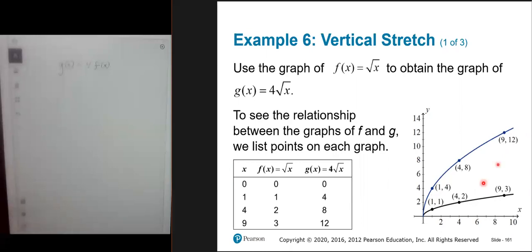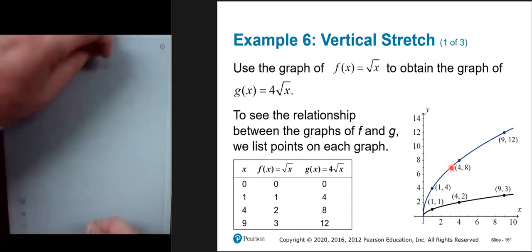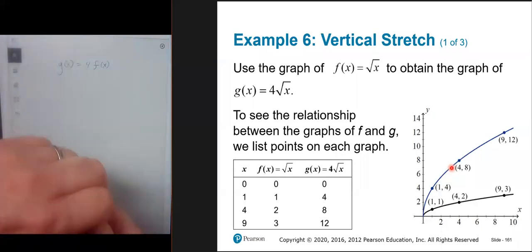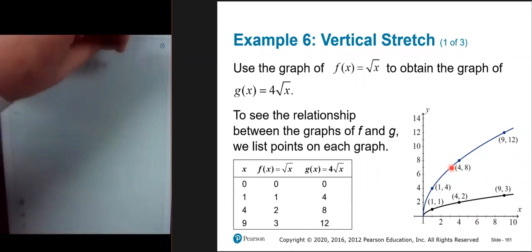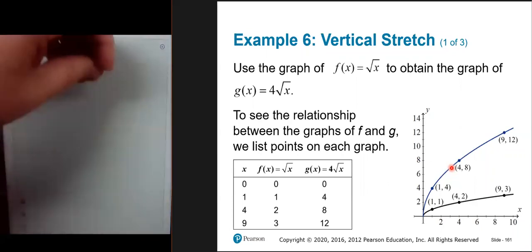So we're multiplying each of the y values on this curve by 4 to get up to here. So I am stretching the graph up. Well, in this case, it's up. I'm stretching it away from the x-axis. So a vertical stretch is pulling it away from the x-axis